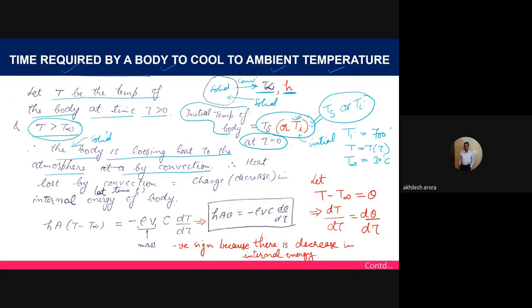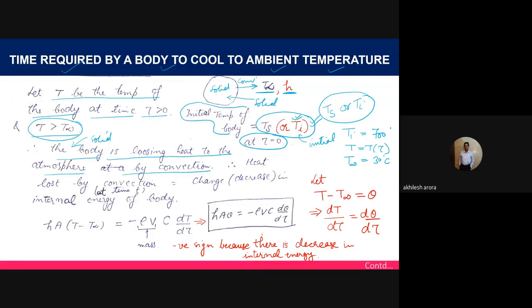Now, there is one more important thing that I would like to tell you. You must be surprised why I am not considering the temperature variation within the solid. What we are considering here is that the temperature within the solid is nearly constant. I will let you know about that later on. But for now, you should always keep in mind that the temperature inside the solid body in this particular case has been considered to be constant. Whatever is the temperature at the center, the same will be the temperature at the surface of the solid body.